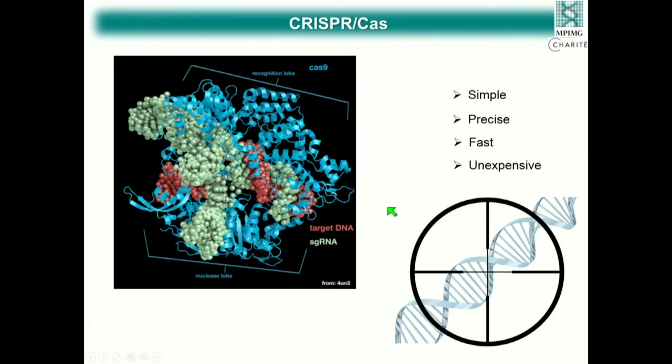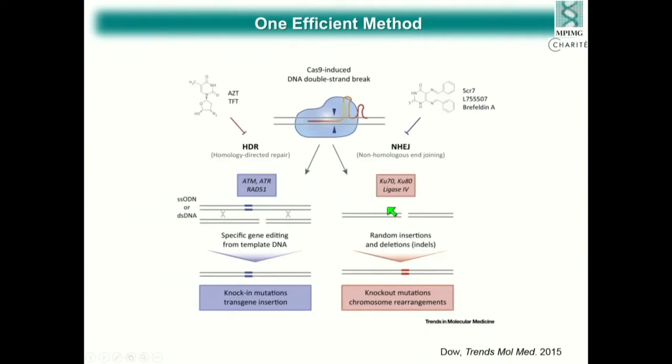Originally, these systems come from bacteria, and these bacteria use it to cleave and destroy the DNA of infecting viruses. It was, in recent years, adapted in mammal cells, mammal embryos, to produce mutations. So I would say the CRISPR-Cas is simple, precise, fast, and really inexpensive. Again, as Greg said,